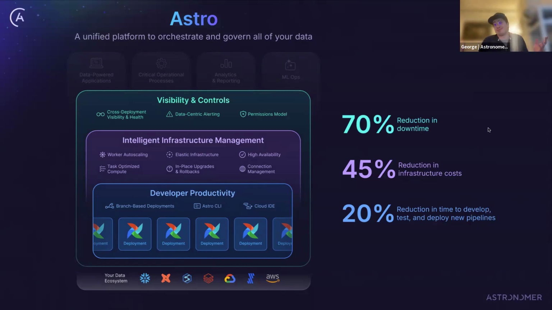Airflow itself doesn't really have a concept of managing multiple Airflows. And so that's a big part of what we provide: the ability to monitor all of these Airflows across all of my teams. I can have data-centric alerting that tells me when things are failing, so I don't have to actively monitor it,